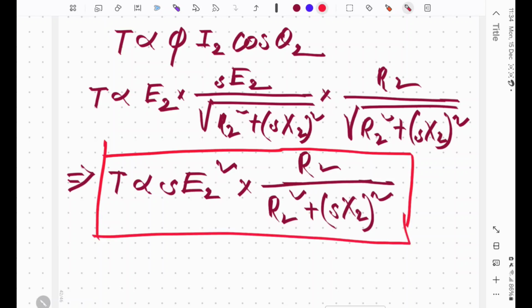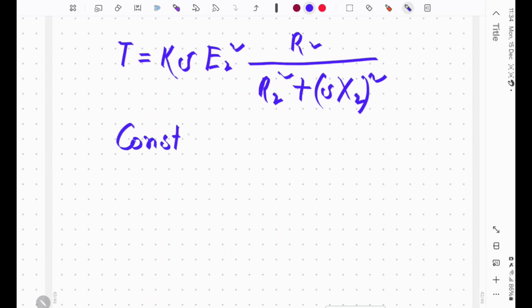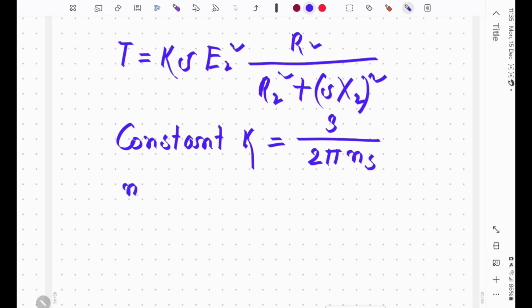We can write this. Now, removing the proportionality constant, we can write T is equal to k s E2 square R2 by R2 square plus sx2 whole square. This constant k is equal to 3 by 2 pi ns, where ns is the synchronous speed